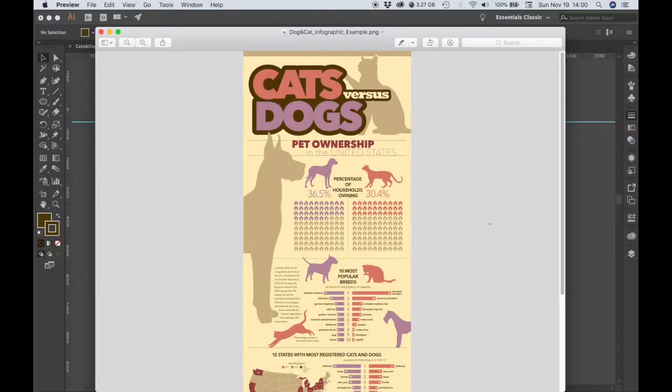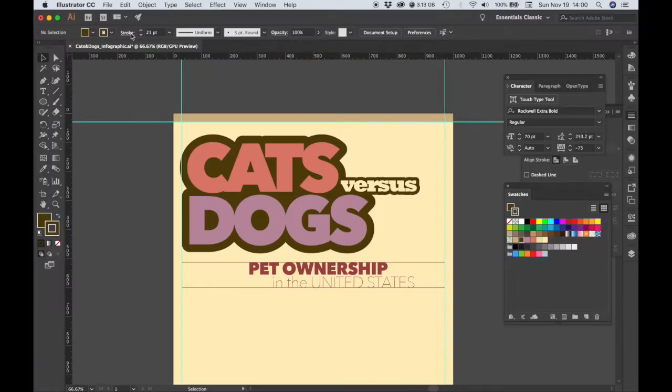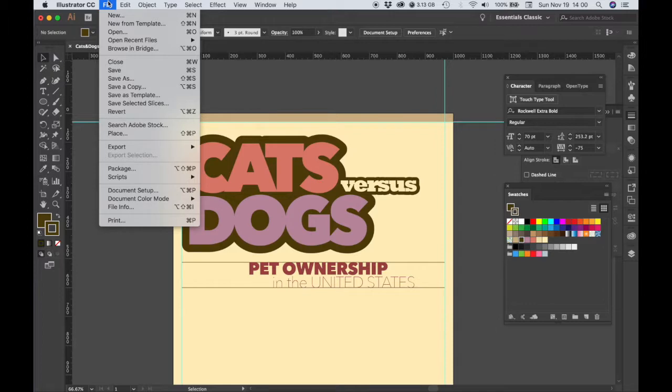Now we can start placing some cat and dog illustrations. So what we're going to do for the moment is place this large cat, and also this large dog. What we need to do is go to our stock art. So I'm going to open